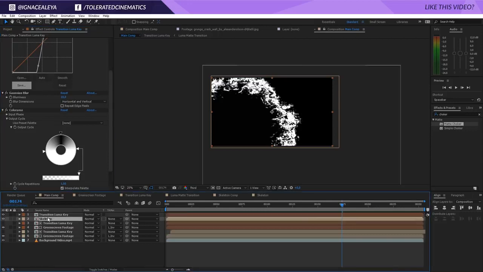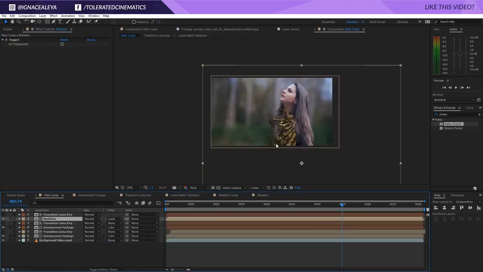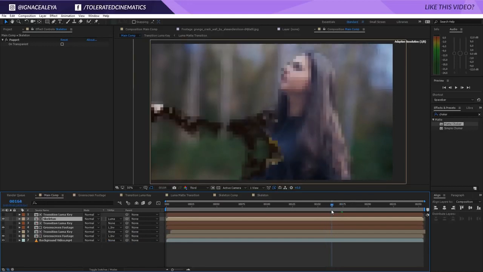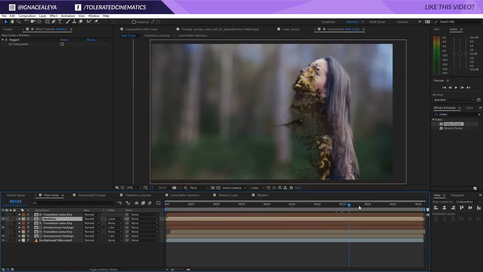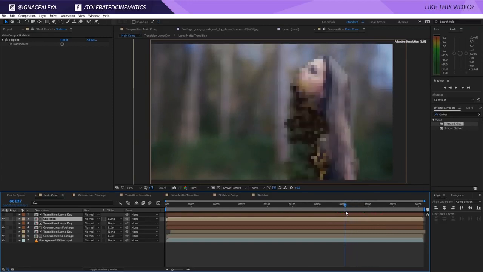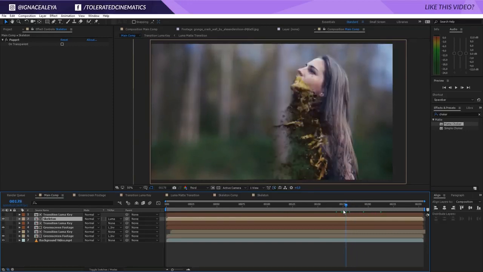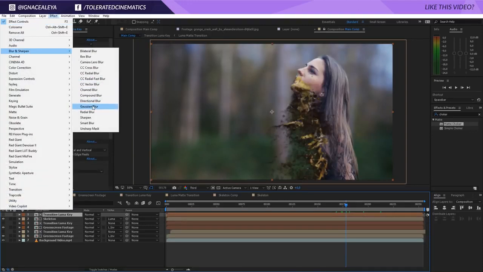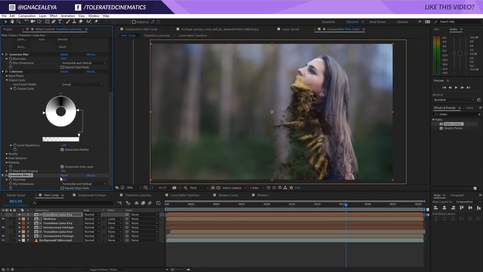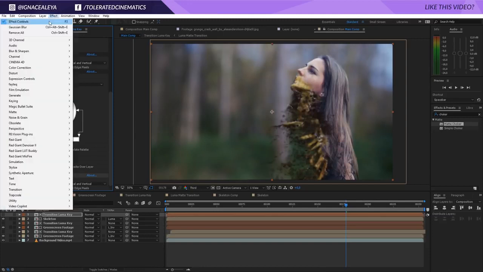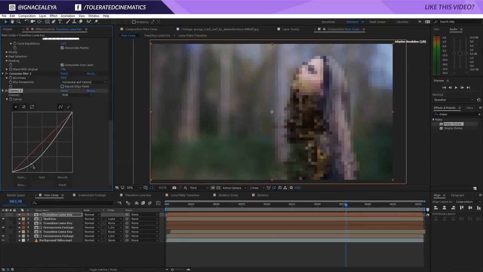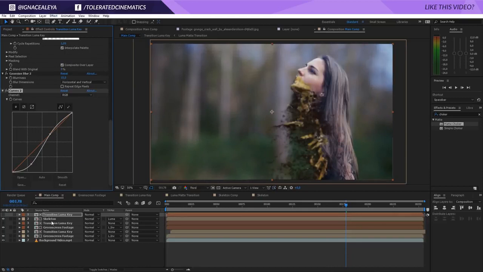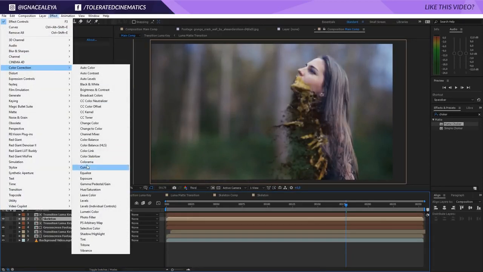But now if we set our skeleton here to a Luma matte, we're going to see our skeleton just for a portion of the time. So right here, it's like a 3D layer that is also moving along with the same animation. Of course, I will go to the Luma key here and add some blur. So I'm going to go blur, sharpen, Gaussian blur, and maybe set this at 30 or maybe 15. And I'm also going to add a curve, so color correction curves, and add more curves to it. And there we go. And also for the skeleton, I'm going to add curves right here, and I'm going